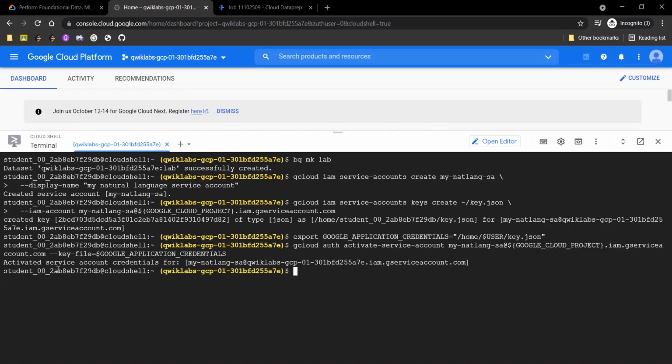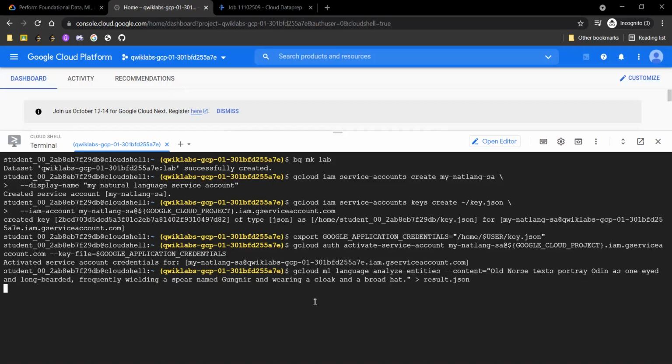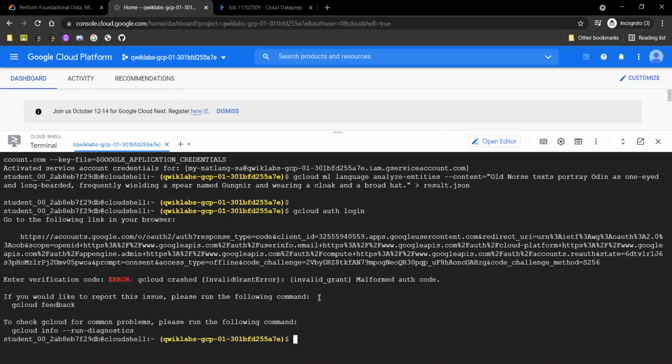So the service account has been activated, and it says activated service account credentials for our account. Okay, so there's one more step in activating this service account, which is this. Simply it specifies the APIs of the ML language.